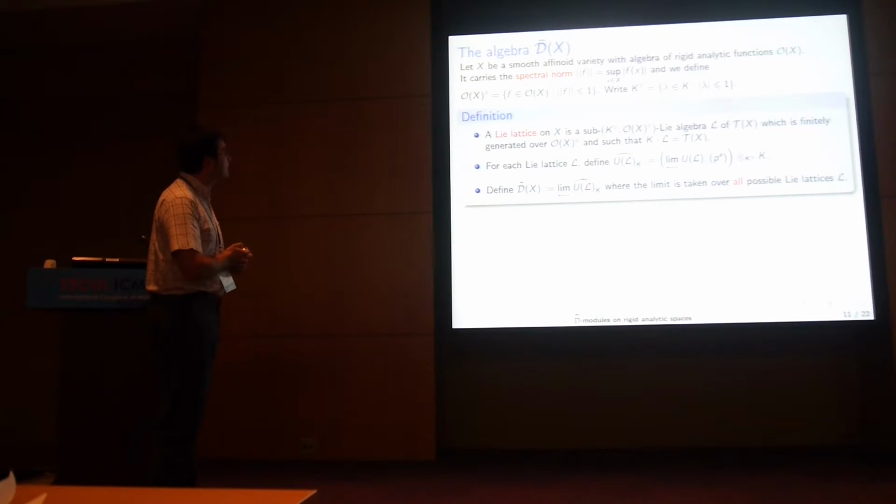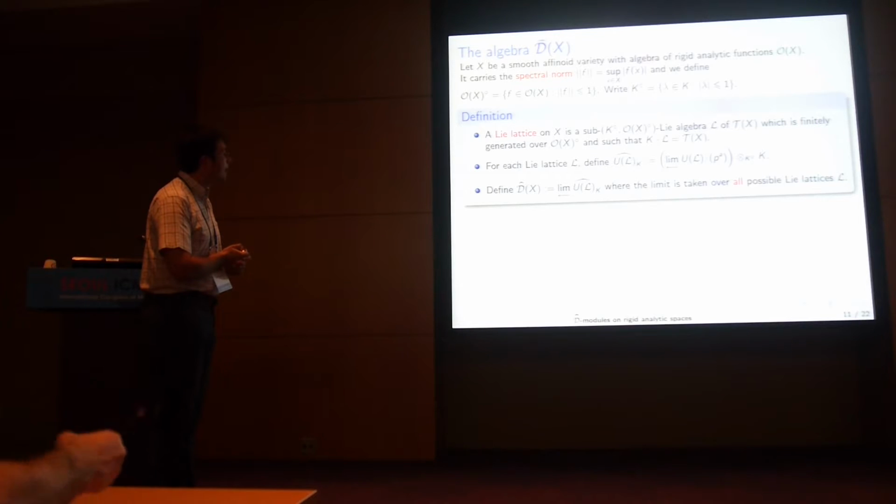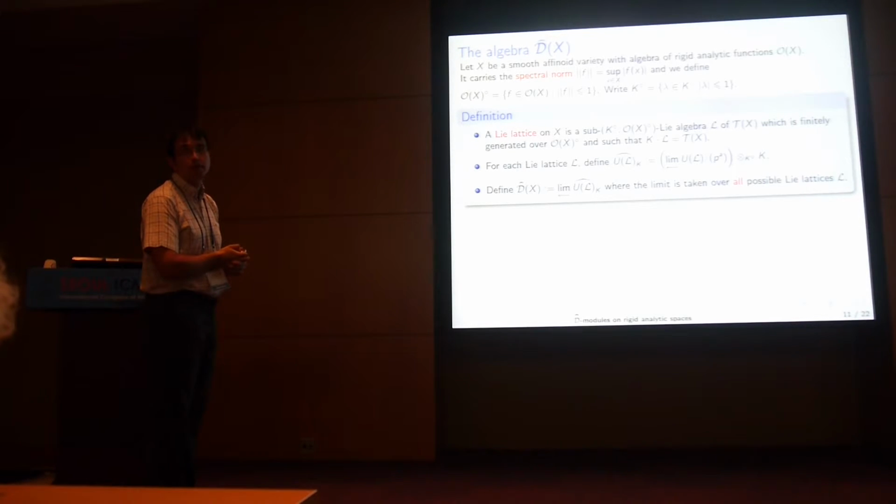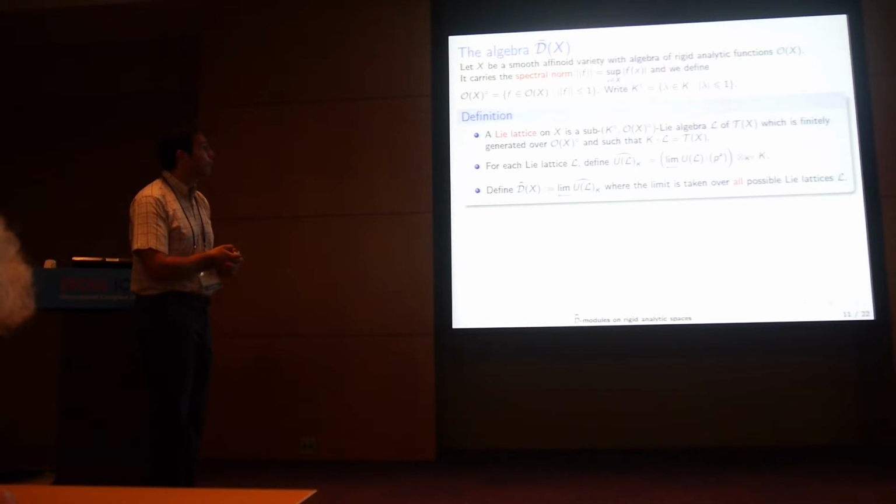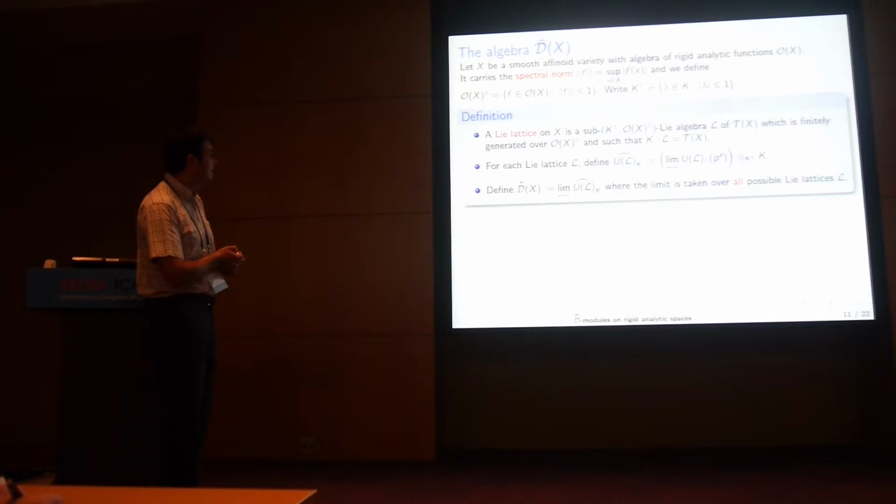So for every such lattice, I can then p-adically complete it and invert p. This is a Banach space completion. And having done that, I take the inverse limit of all possible lattices. So it's not dependent on any choice of anything at all. And so the notation, I mean, there are too many hats in the subject. This hat definitely depends on the choice of L. If you vary L, you get a different kind of topology on U of L. So, well,